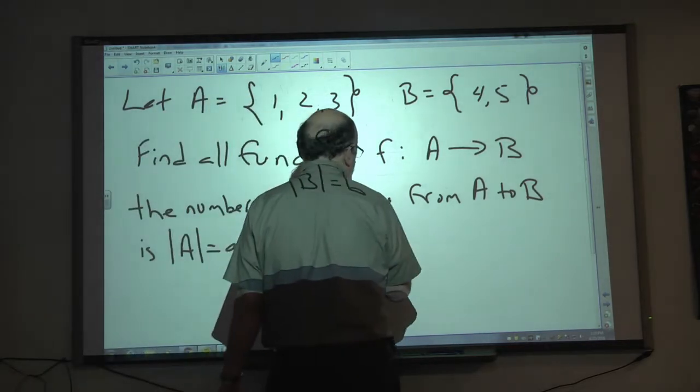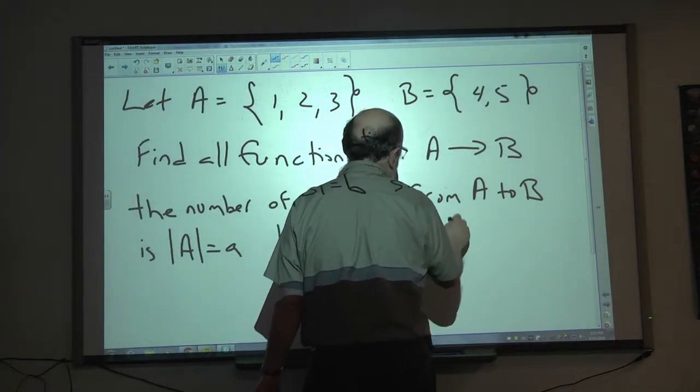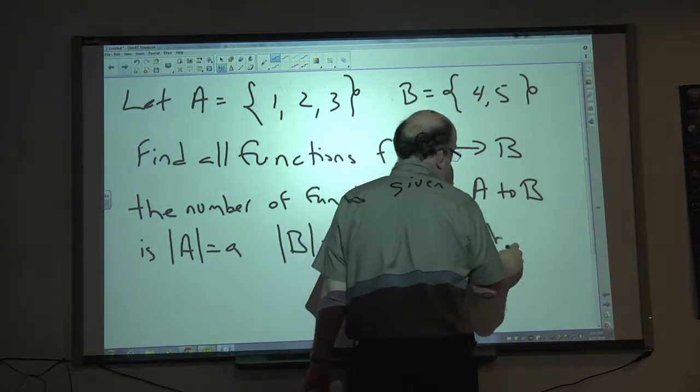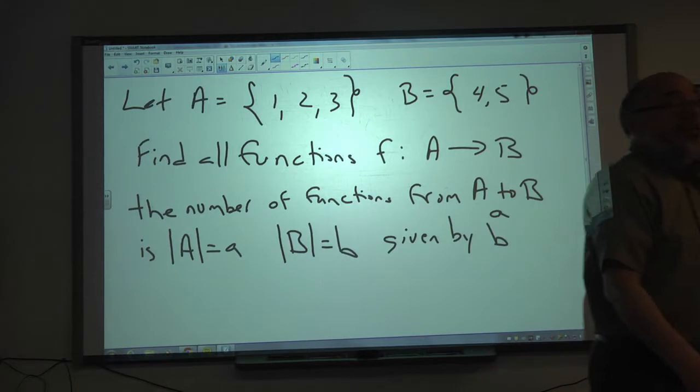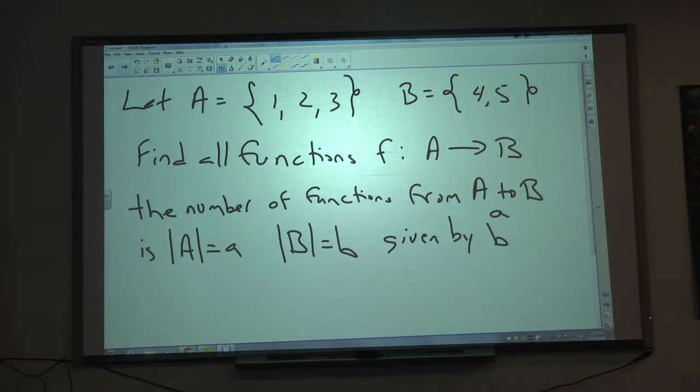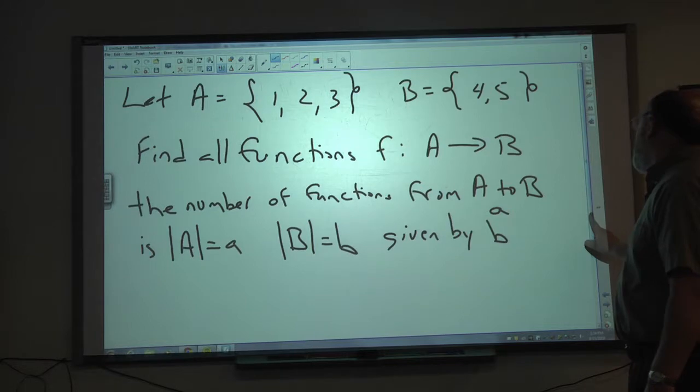And so this will be given by B to the A power. Right? So what is the cardinality of my set A? 3. And the cardinality of B is 2, right? Again, cardinality is how many elements are there, right? Right? And so the number of ways this can be done then,